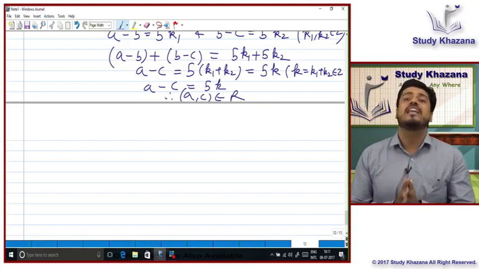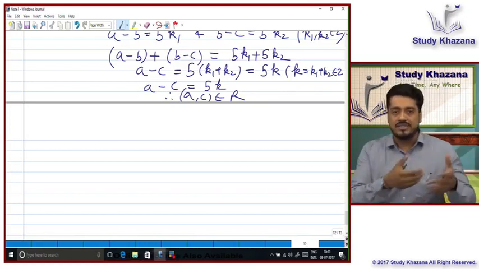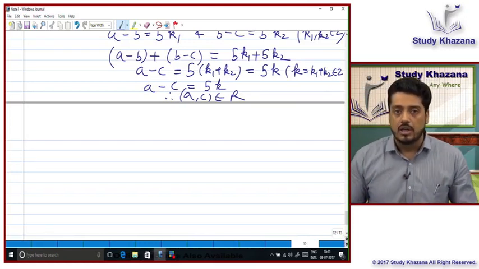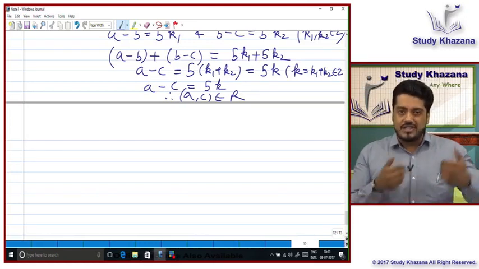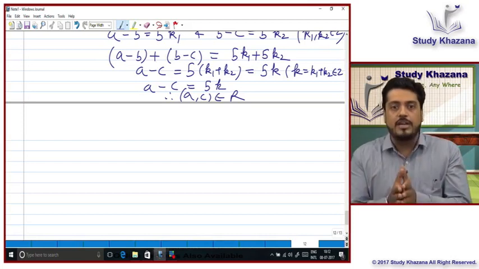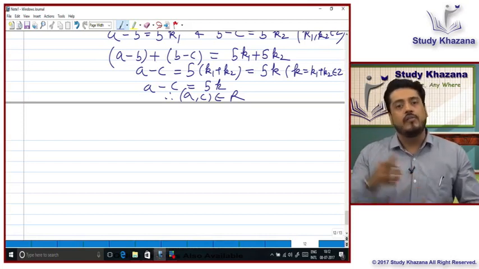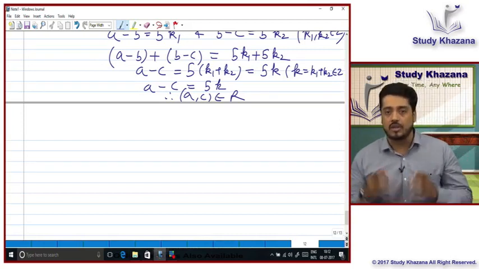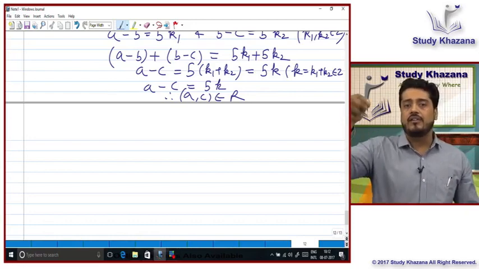And this question is very important. Why? Because this type of relation leads us to a topic that is called equivalence relation. So a relation which is reflexive, symmetric and transitive, if all three properties are simultaneously satisfied, we declare that relation to be an equivalence relation. So generally, in boards, the question on equivalence relation will be there, that they will define a relation R on any set and they will ask, prove that the relation is an equivalence relation. So what is the requirement? You need to show reflexivity, you need to show symmetry, you need to show transitivity.